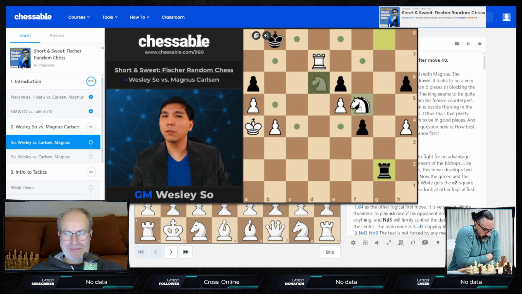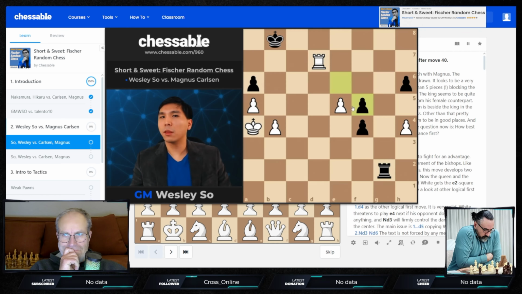But I don't think that black can save this game. Let's check the rook ending in either case. Rook f7, picking up one of the doubled f pawns, and hopefully this is enough to win. Magnus played knight h4,